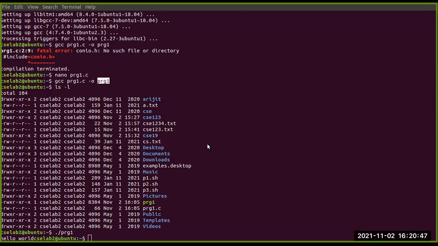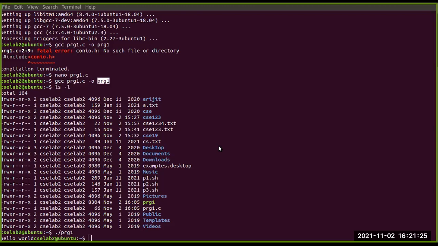My question for you is, how can we compile a C programming text file in Linux? GCC prg1.c -o program1. Okay, so is prg1.c constant every time? No, sir, the file name changes. So what can be the better answer?